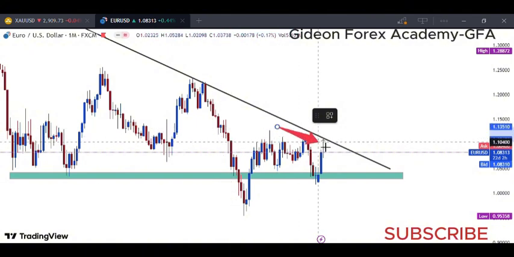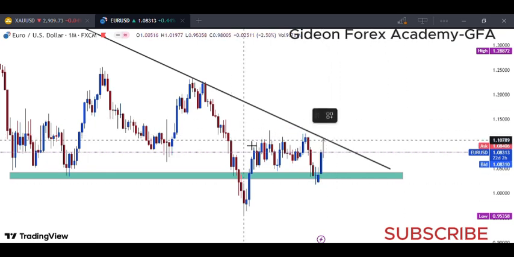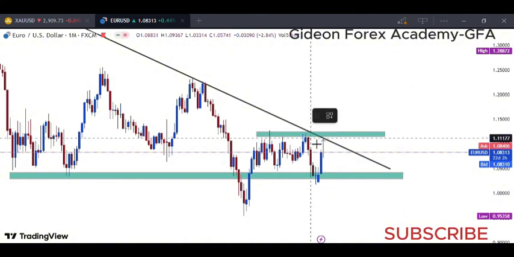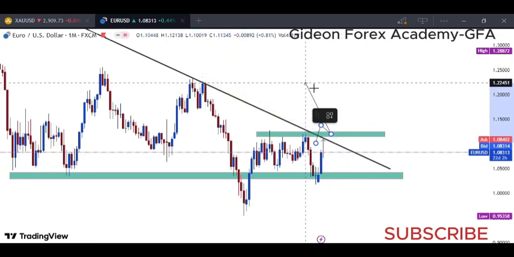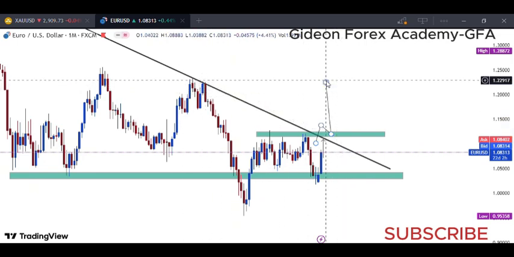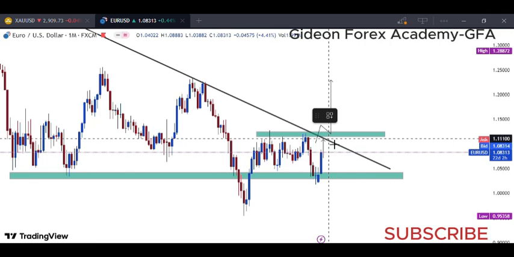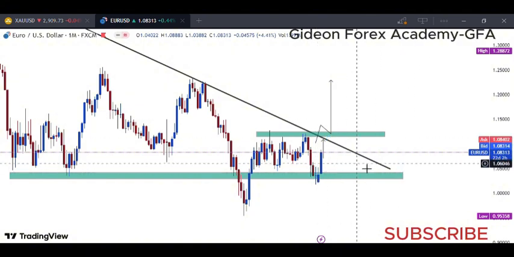If we see a break above this level, then we are possibly looking to continue buying Euro USD. If it breaks above that level, we are going to continue buying Euro USD all the way to these levels over here, possibly, if the dollar continues to weaken. That is the scenario we are looking at. But also, you never know what happens when it gets to this trend line. We could see another bounce back to these levels over here. But right now we are looking at a very bullish Euro USD back to that monthly trend line.